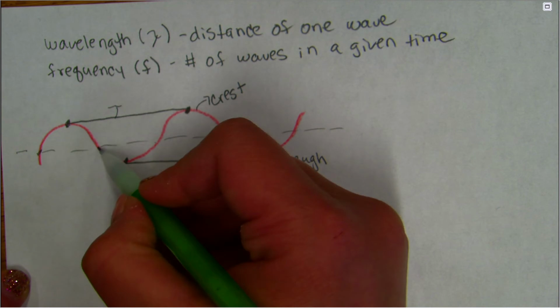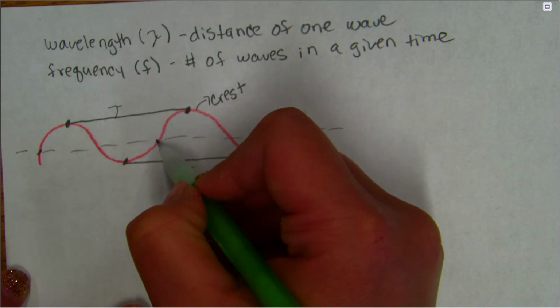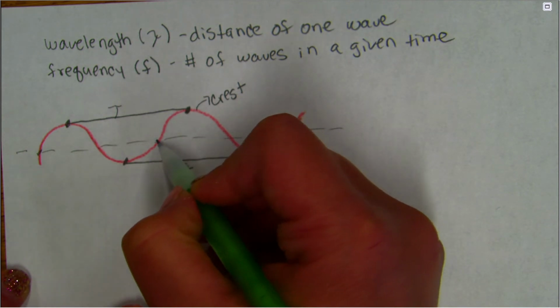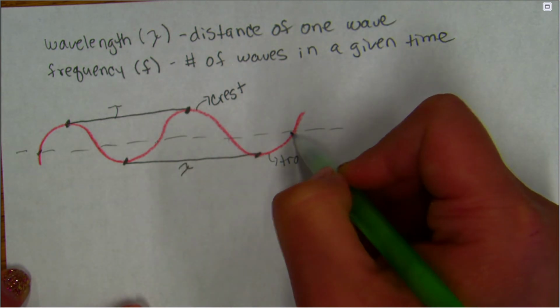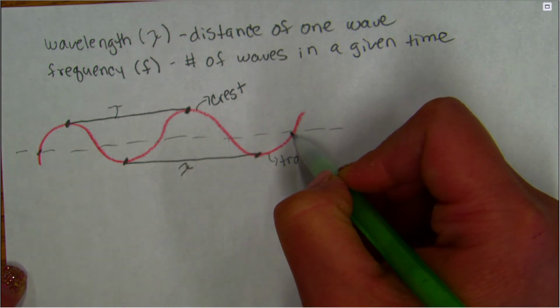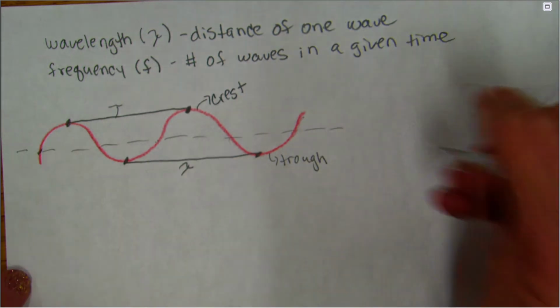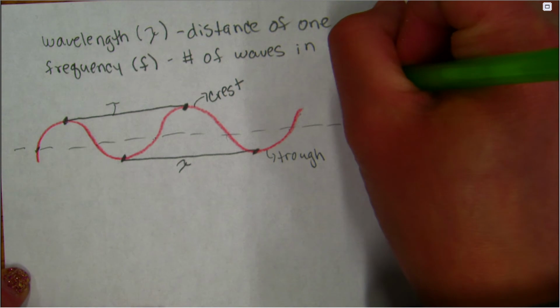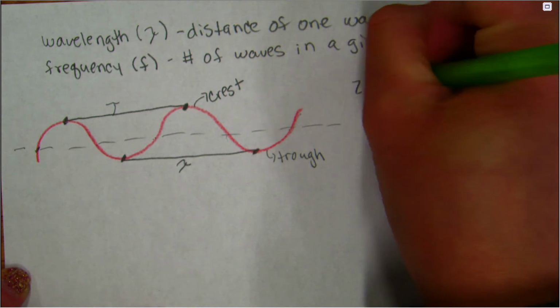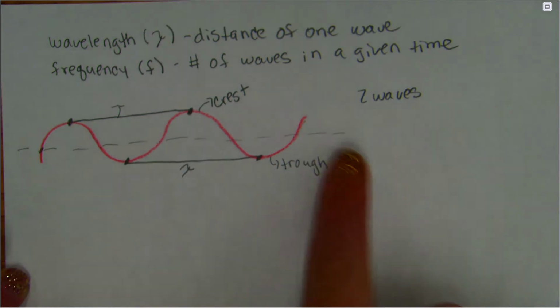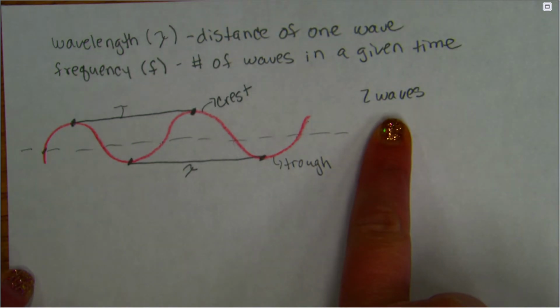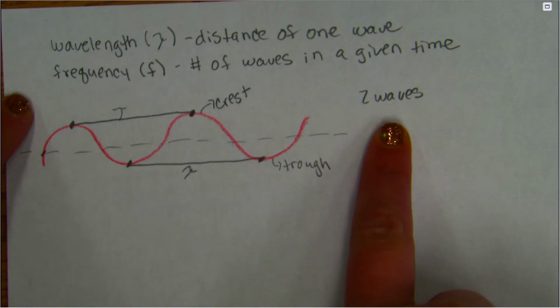One up and one down is a wave. So there's one wave, an up and a down is two waves. So I have two waves here and a partial, all right, but let's just stick with the two full waves. So I have two waves, so I have a fairly small frequency,